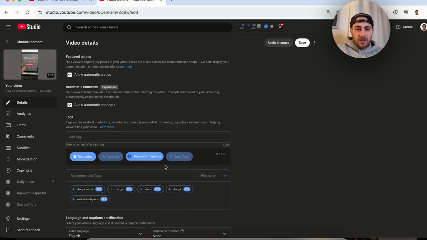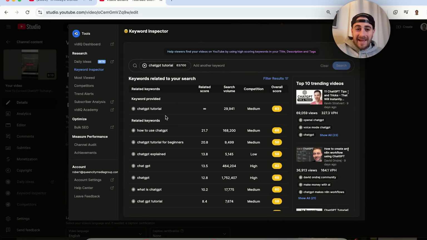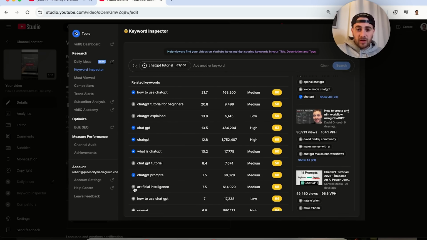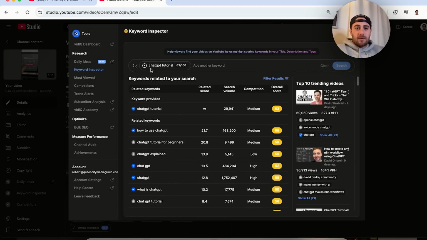Now again, vidIQ is incredibly helpful for this. It'll give you some recommended tags, but more importantly, if you click into these recommended tags, it'll actually show you the search volume for each one of these tags, and you should be going through and choosing the ones that are most relevant, but have the highest search volume. You do not want to focus on ones that do not have a lot of search volume, so I am doing that right here. And maybe I come over here and type in something else like ChatGPT new feature,